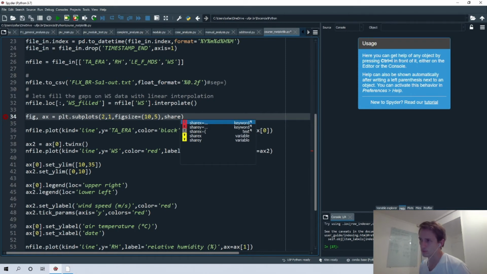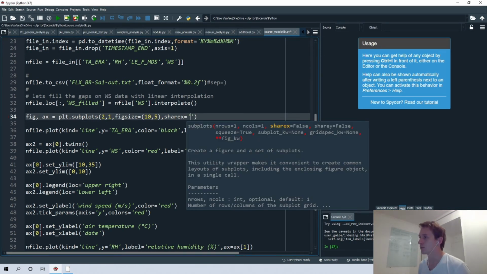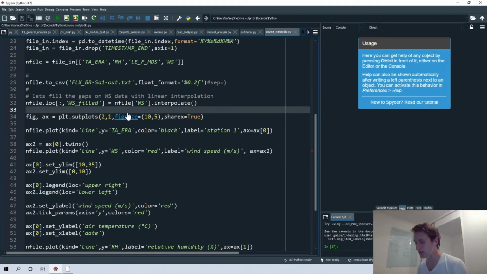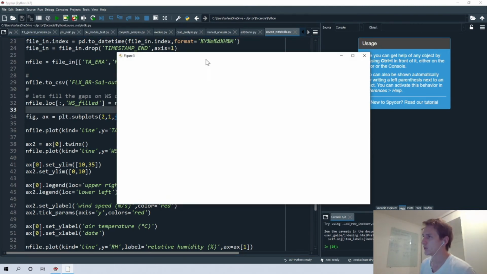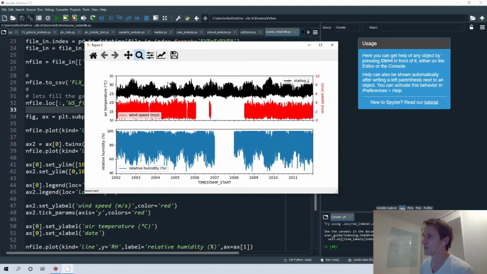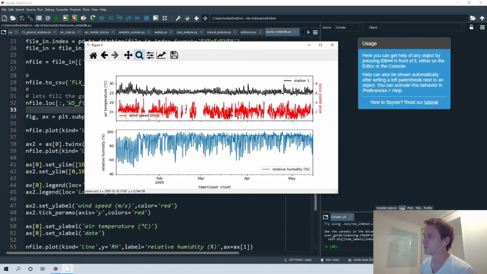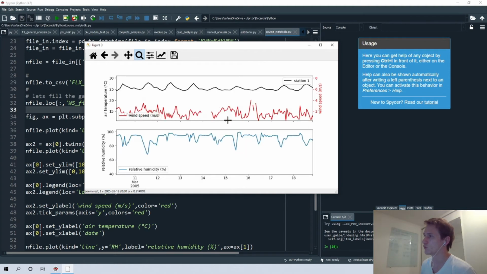So you can share the x or share the y, depending on what you want to share. The default value is false, but you can change that to true, and you see that now in this interactive graph, when you zoom in one specific graph, all of them will also have that zoom, okay?